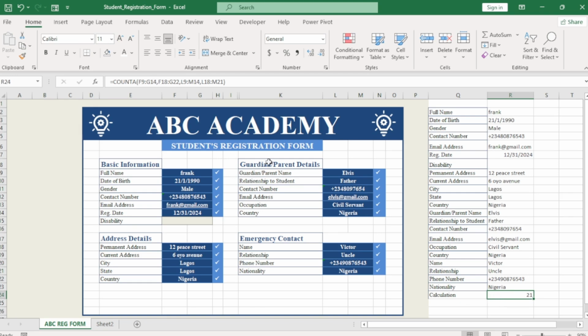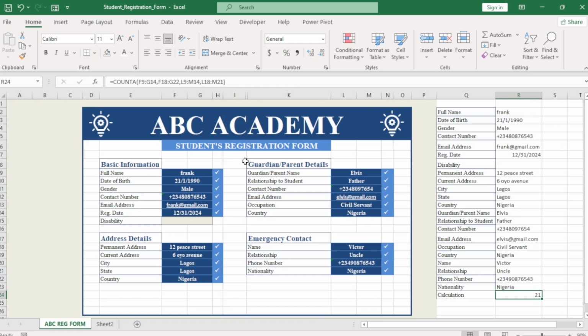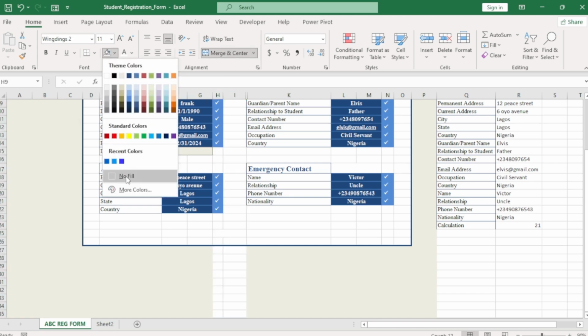Make our button active, design it, make it active in such a way that if we enter all our details, the form will display. If we didn't enter all, the form will look a kind of gray color or faint color. All right. So to achieve that, we are going to come here. Let's merge this cell where we will be putting our button,